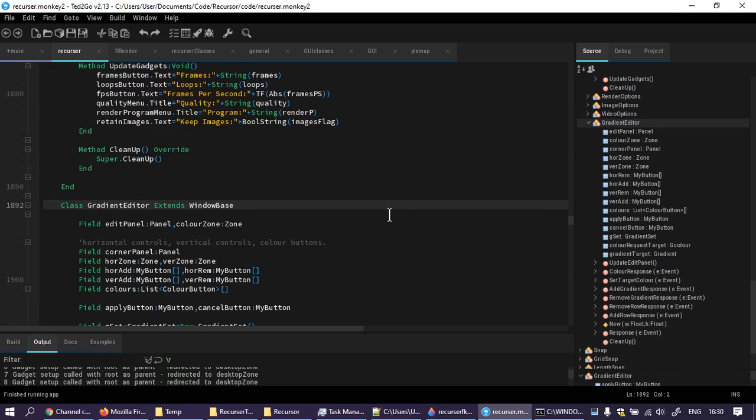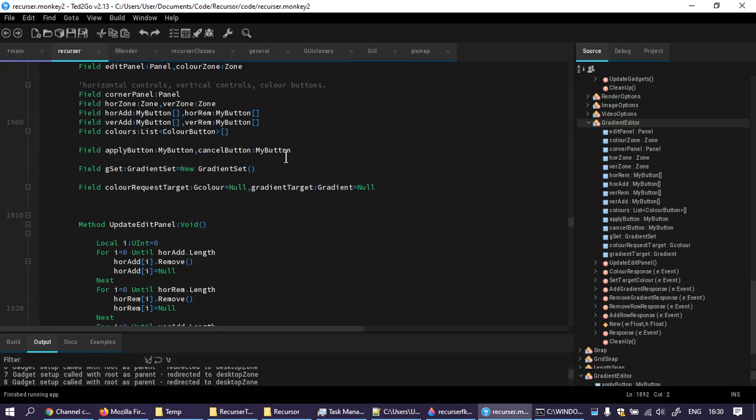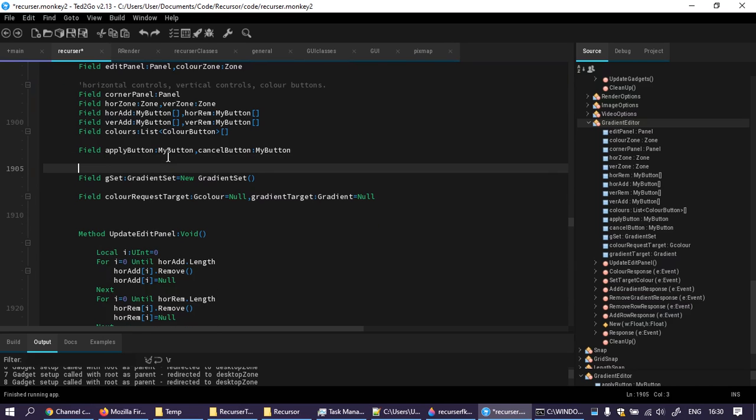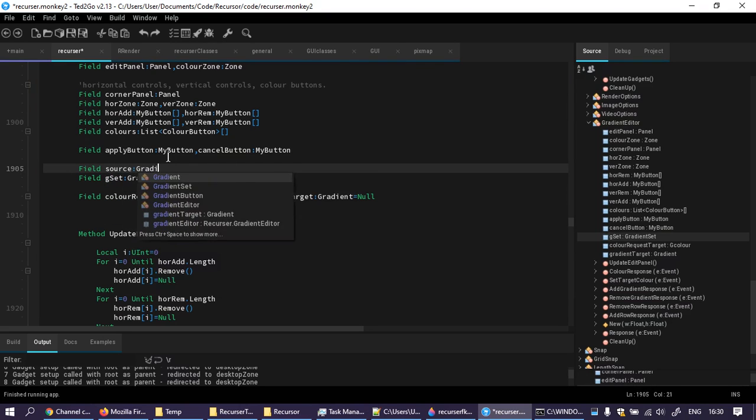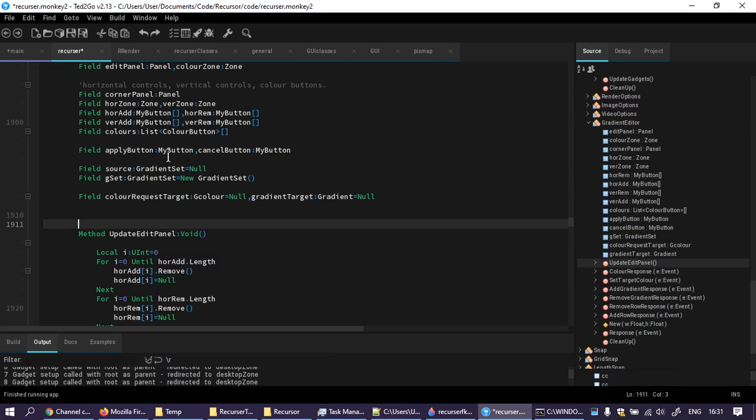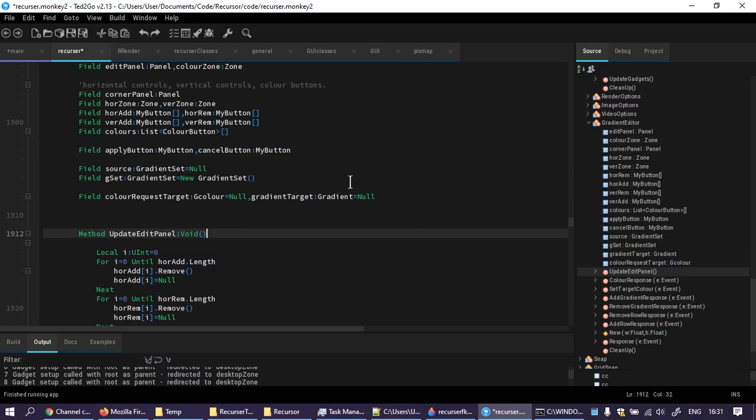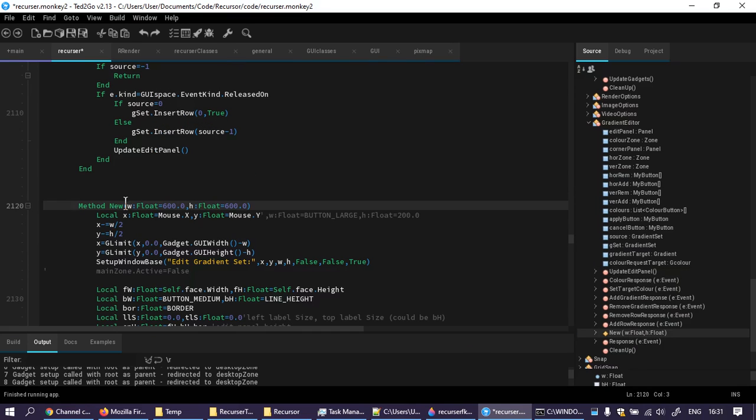Right, it needs a couple of things. It's got G set, but I also need field source gradient set equals null. Update edit. Okay, right. That's correct. Then inside new, I say source gradient set equals null, comma,